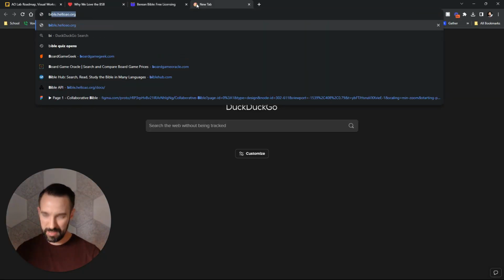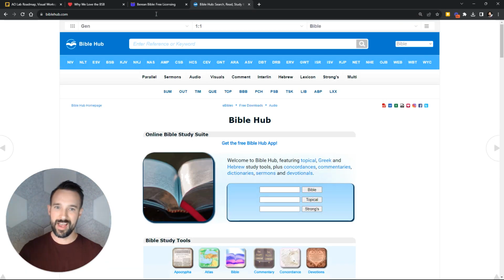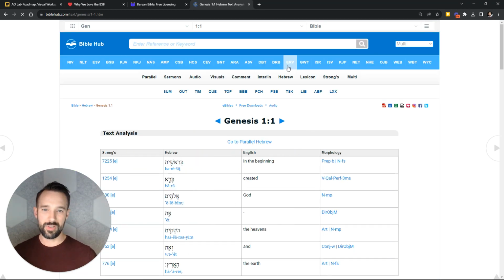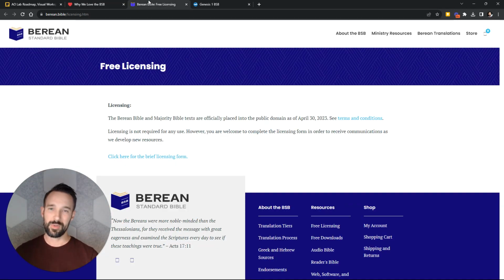And the reason they did that is because they are the same ones behind Bible Hub, and they experienced firsthand the difficulty that comes with maintaining all the licenses to all these different translations and renewing licenses and having to ask publishers for permission and dealing with limited usage restrictions. There are so many complexities that come with that, a huge barrier and a huge hindrance to those who just want to use the Bible,